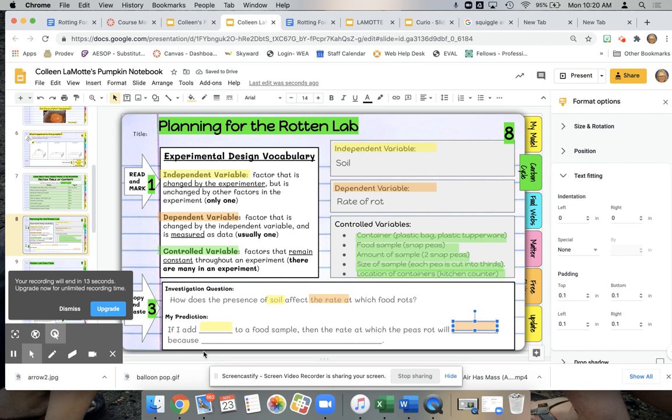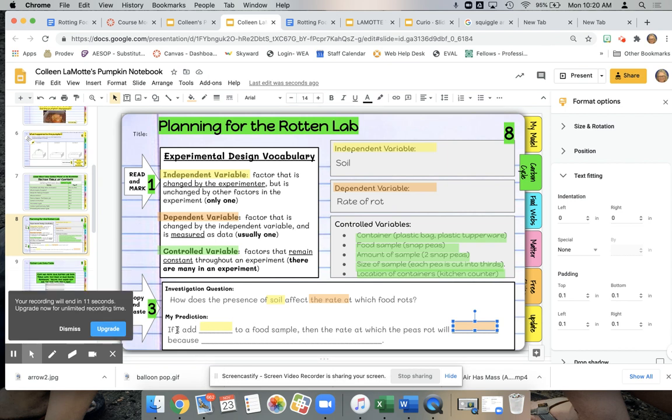Finally, I need to write my prediction. Please take a look at my prediction and use this same sentence frame. If I add soil to a food sample, then the rate at which the pea rots